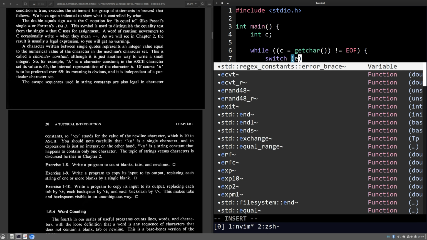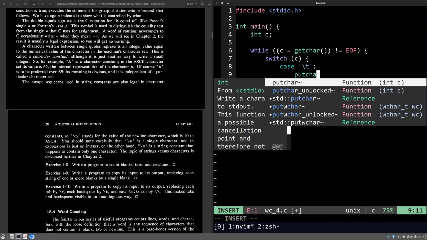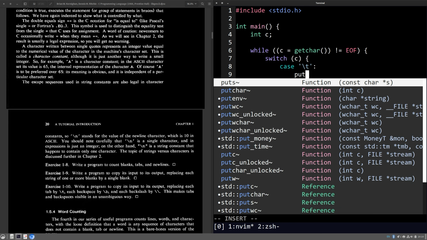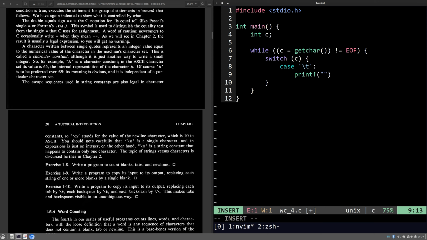Switch c, case \t, putchar, now we need to use printf or puts, no, okay. Yeah, we have to use printf because puts would output a new line like this. Break. Case \b, printf \b,